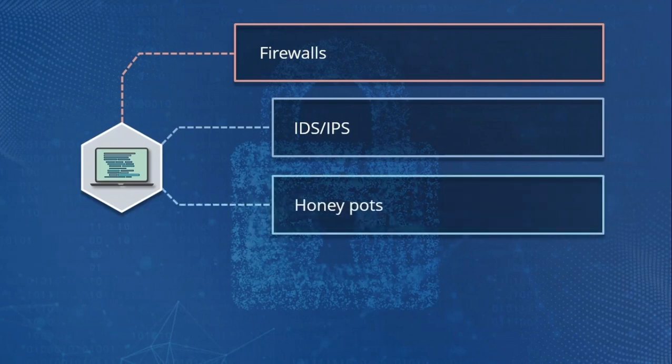Honeypots. A honeypot is a fake system that appears to be legitimate, and it accomplishes two goals. Goal number one: an attacker that's scanning the network sees this system, thinks it's real, thinks that's where all the important data is, they jump on it, and they're so focused on it they're not going after the real systems. The second advantage of a honeypot is no one ever really goes to it. It's not used for anything. Therefore, it can be configured with an absolutely ridiculous amount of logging, tracing, and tracking to gather evidence on whoever did connect to it.